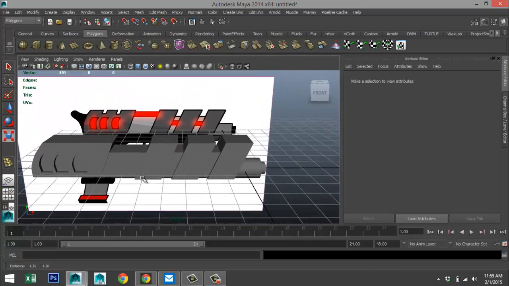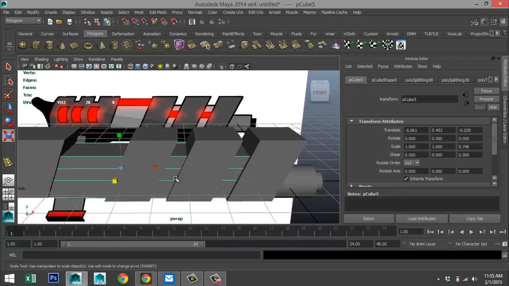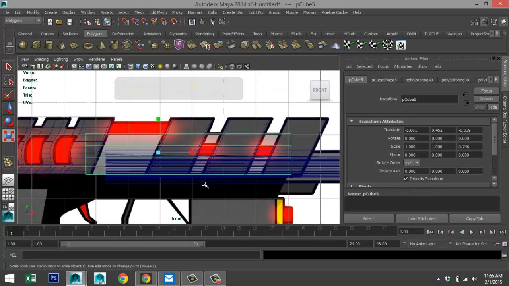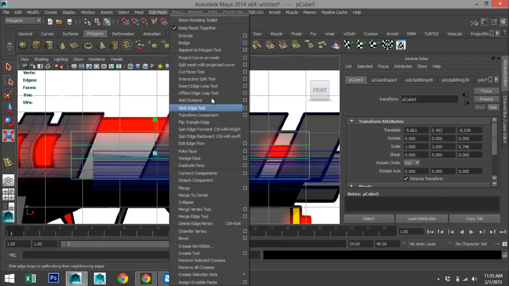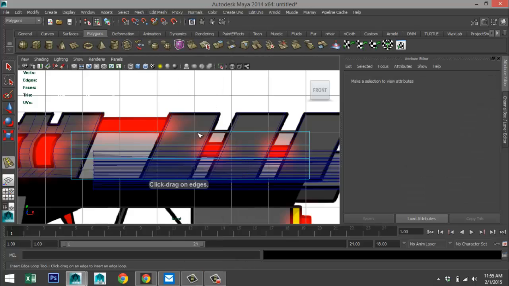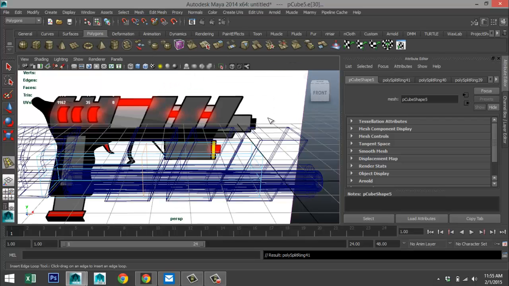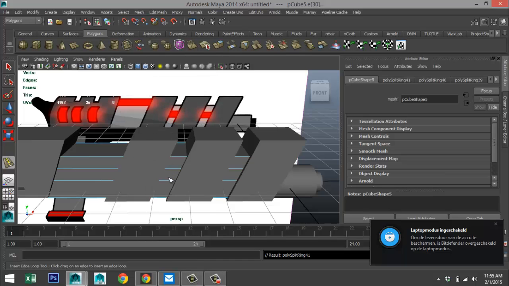Not too bad. And then we'll go here, hit 4 for wireframe mode. Oh, that's a bit tricky to see. And we'll add an edge loop right here. So edit mesh, insert edge loop. We'll add one here. Reason is we want this red section to move inwards, but we want it to stop here. Okay. So now that we got that, back to 5, right click face,